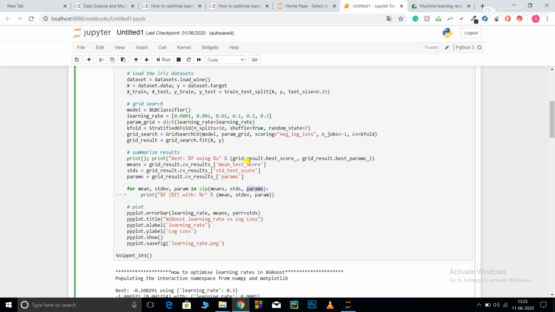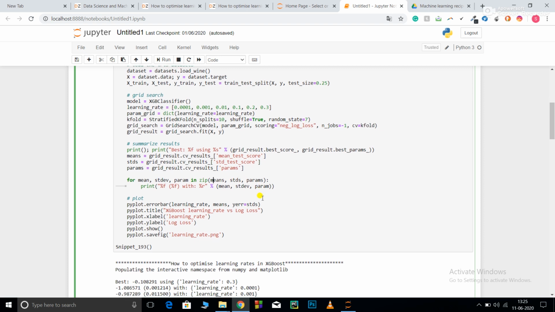So basically for each iteration that I am performing in grid search cv, I am storing the result in means, standard deviation and parameters, and then I am printing them by using this for loop. So for mean, std dev and param in zip means, stds, parameters. So basically what does zip do? Zip creates a tuple of iterators that will iterate over these three parameters simultaneously.